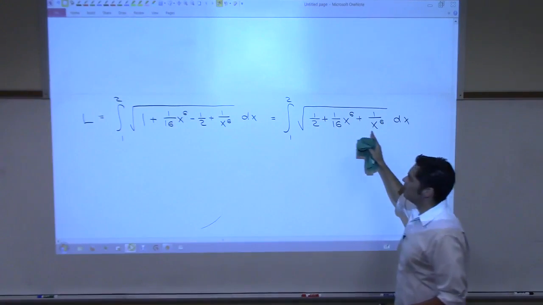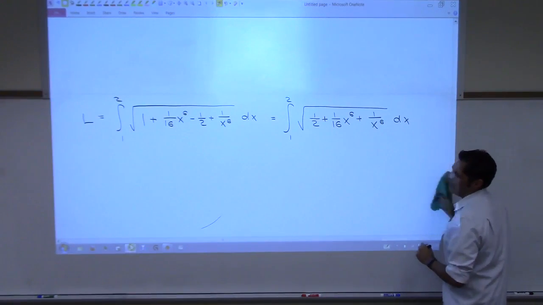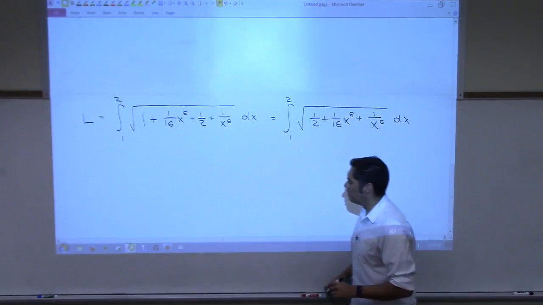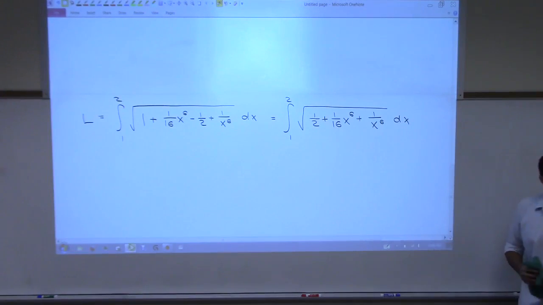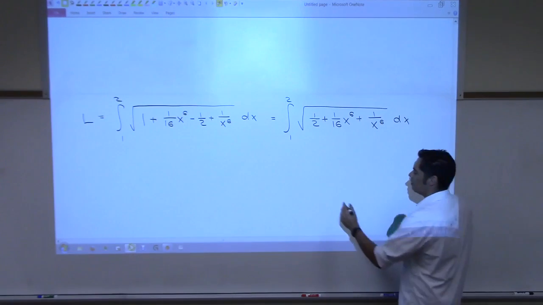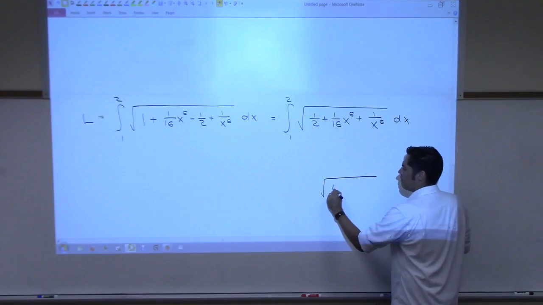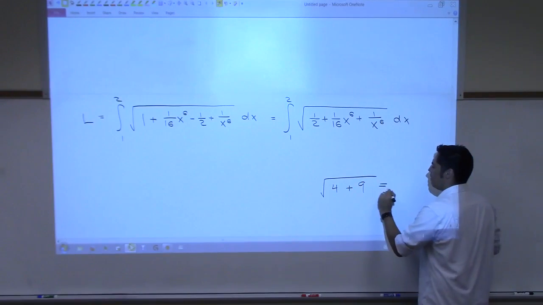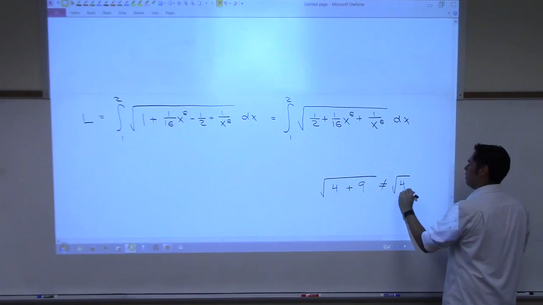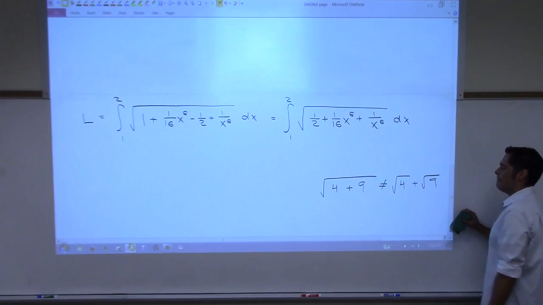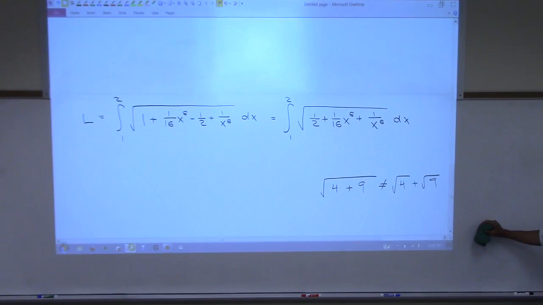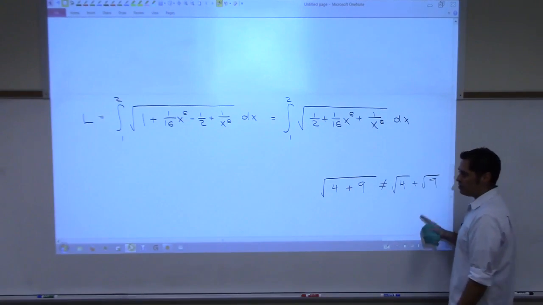Split into 3 different roots. Can you do that? Is that a legal algebraic move? Why can't you split up roots like that? Yeah, like if I had this, why can I not do this? Because it's locked in? Well, if you ever forget that you can't do that, just think about it for a